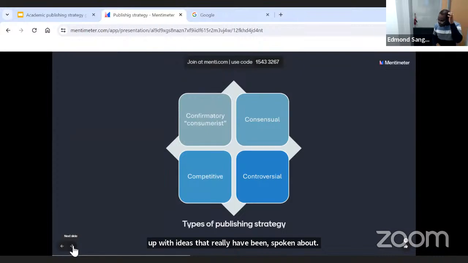Now, one thing that you notice with controversial ideas, there is one famous Nobel laureate who said that the thing about controversial ideas is you wait for all your detractors to die first before you publish it, because it's going to take long for it to pass through peer review, because it's a controversial study. The ideas that you are putting forth are kind of controversial.